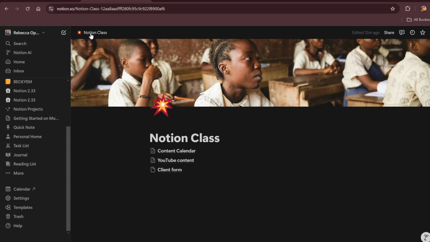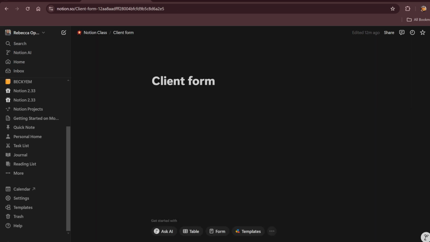And there are a whole lot of other things that you can do in Notion. Okay, now let's talk about this client form. Let's say you want to create a form. You can create a form in Notion also. Let's say I want to create the form, but I don't want the form to be directly here. Maybe I might still want to talk about something else about my clients. Then I can decide that, okay, maybe I have a lot of clients